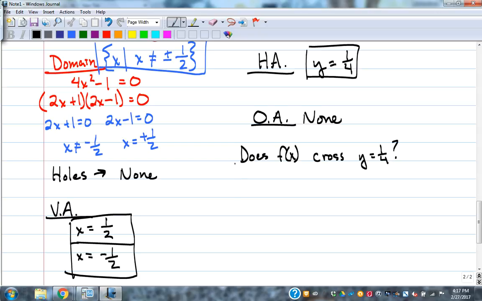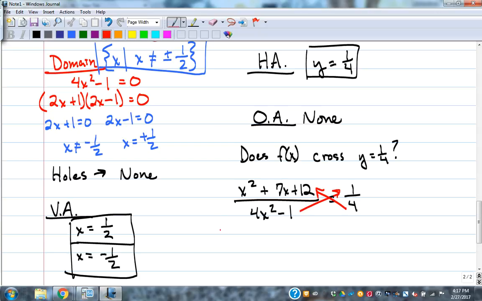The way to find that is set the problem equal to that. So since nothing's simplified, I'm going to go back to the original, x squared plus 7x plus 12 over 4x squared minus 1 is equal to 1/4. I'm going back to that unfactored form since nothing's simplified, because I'm going to have to cross multiply to solve this. So when I cross multiply,